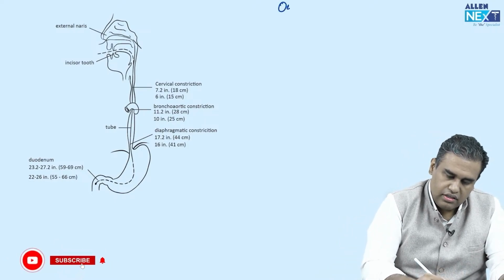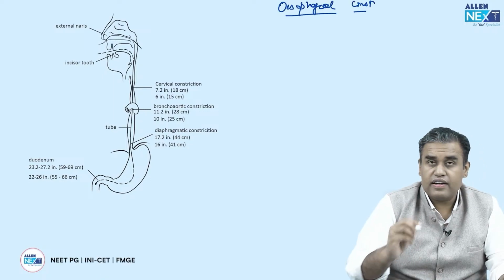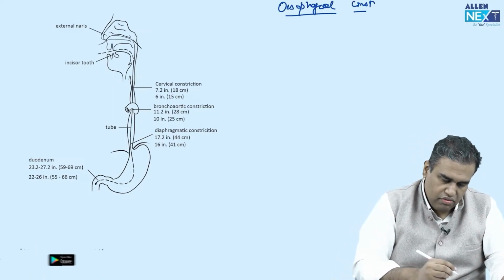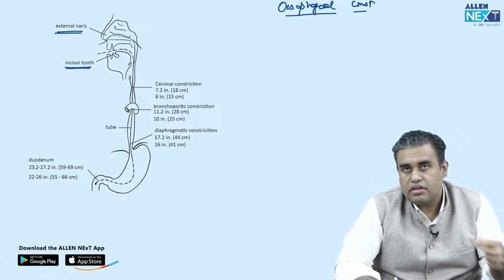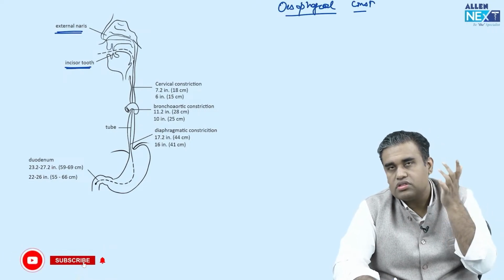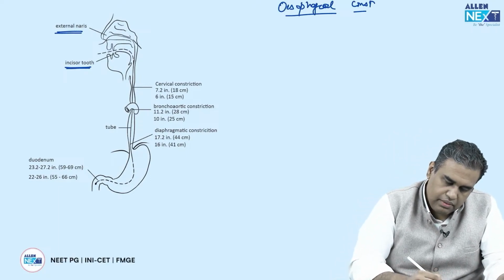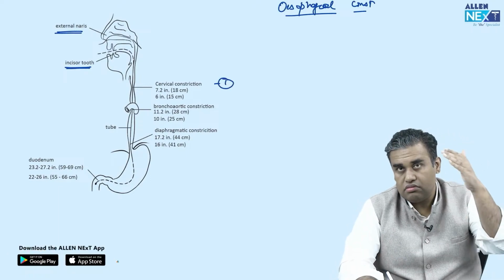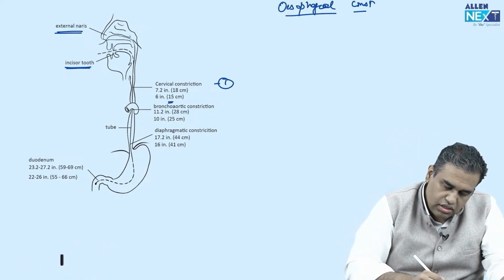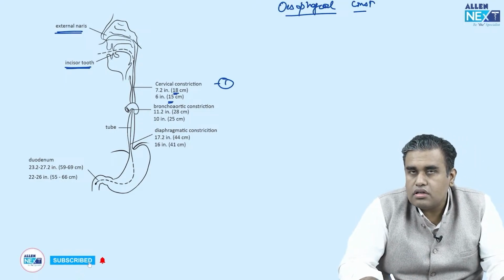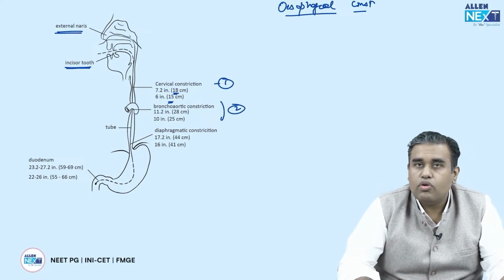and the topic over here is basically, they can ask you about esophageal constrictions। The image is self-sufficient, difference बस यहाँ पे ये है, one, this dot is taken from the mouth, and one measurement is taken from when you insert the Ryle's tube from the nose or from the mouth, difference comes around 3 to 4 centimeter। constriction मिलेंगी, पहला मिलेगा cervical constriction, where you have the junction of the pharynx and the esophagus, that is around 15 centimeter अगर आप mouth से डालो, 18 centimeter if you go from the nasal cavity, first constriction।